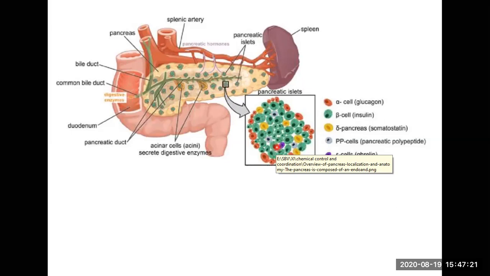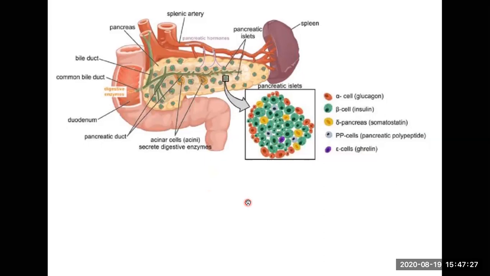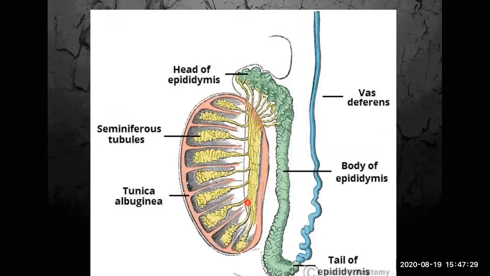This is all about the gland pancreas, which is dual in nature. Now I am moving on to the next gland. That gland is called testis. Testis is located in male. This gland is present in males. In male, the reproductive system is the place where this gland is located.